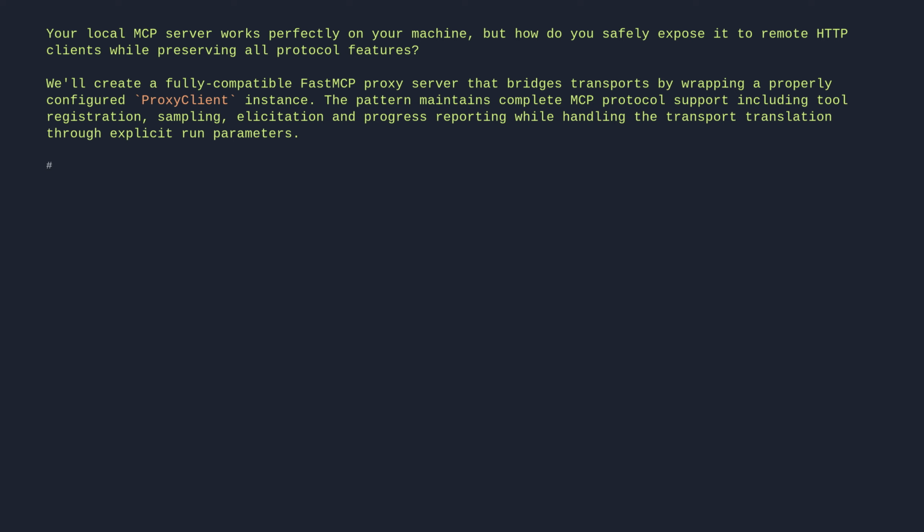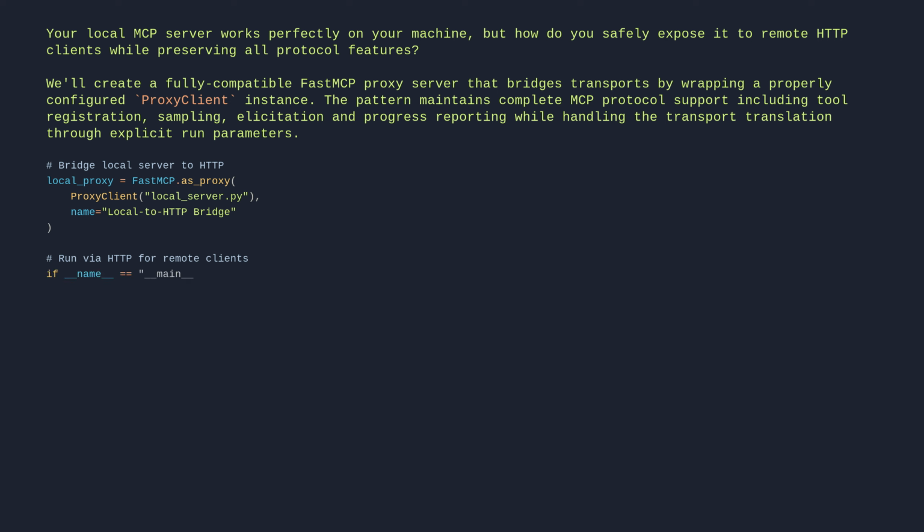# Bridge local server to HTTP. local_proxy = FastMCP.as_proxy(ProxyClient("local_server.py"), name="Local to HTTP Bridge"). # Run via HTTP for remote clients. if __name__ == "__main__": local_proxy.run(transport="http", host="0.0.0.0", port=8080)